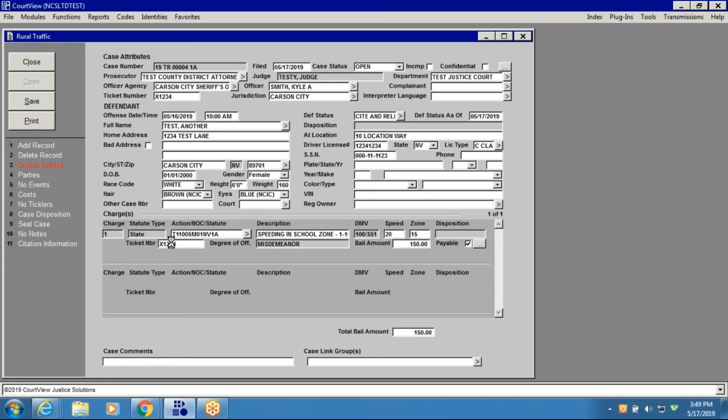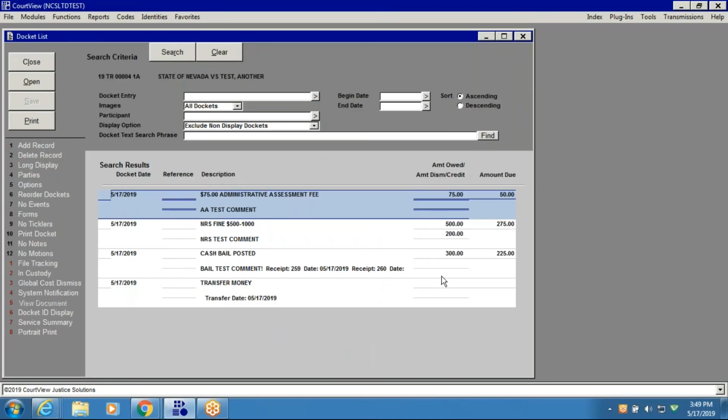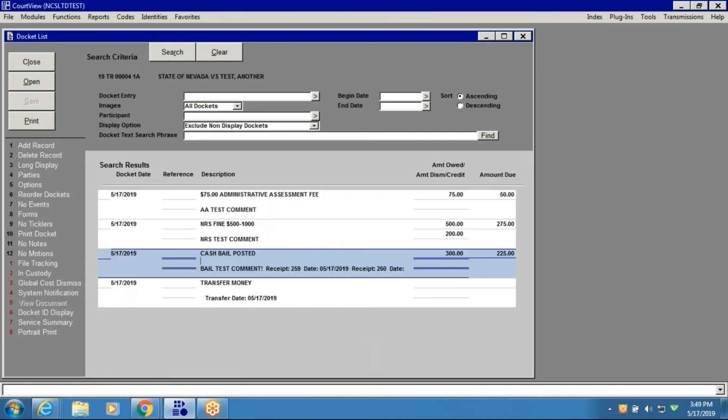So we're going to go over to the dockets, and as we said earlier in these videos, you'll see now that there is an amount due of $225. This docket was completely paid off, but since we transferred some money from this docket into another case, it now shows that there's $225 outstanding on this case. So in order to remove that, we actually just have to go back into this docket and dismiss it. So again, to reiterate what happened: once we transfer the funds, we have to go into that from case, locate the docket that the money was transferred from or out of, and dismiss how much was transferred. So we're going to go to the cash bail posted docket,